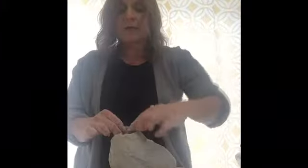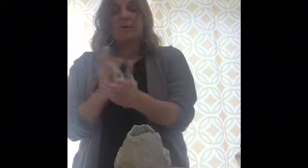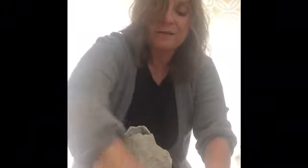So let me get the one that I started earlier. This is just like the food TV where they just take the thing out of the oven and it's already done. And this is what I have started so far. Looks like a blob, kind of, but right now I'm getting ready to put the chicken head on. Now, I could make the chicken head separately, but I like to not add things on that way sometimes if I can get away with it. And so I'm going to add a couple coils on to this and then close it off. Once the air is trapped, I can really work with modeling it, and it's a little bit stronger than if it were open,